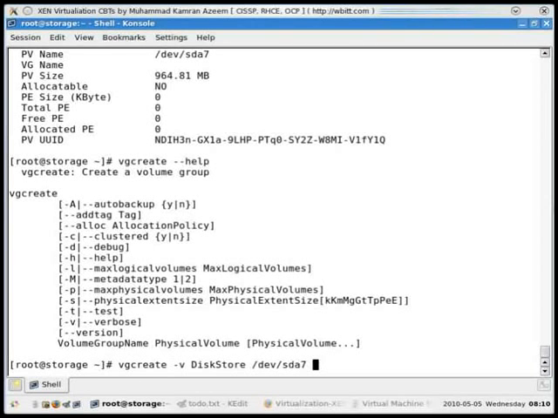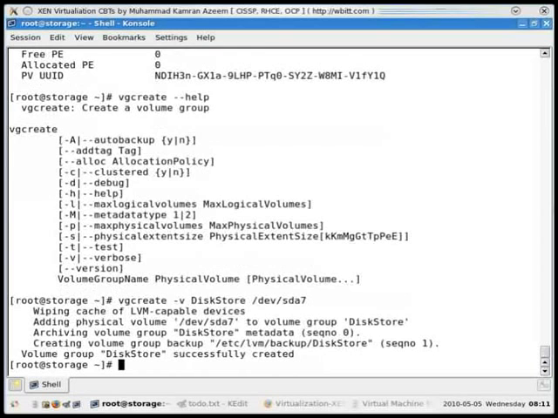So the syntax would be vgcreate -v, then the volume group name which you want to assign. This is our new name which we have thought of. It doesn't exist before. And then the physical volume name, which is already this one. Okay, so press enter, and it initializes this and assigns it to the volume group disk